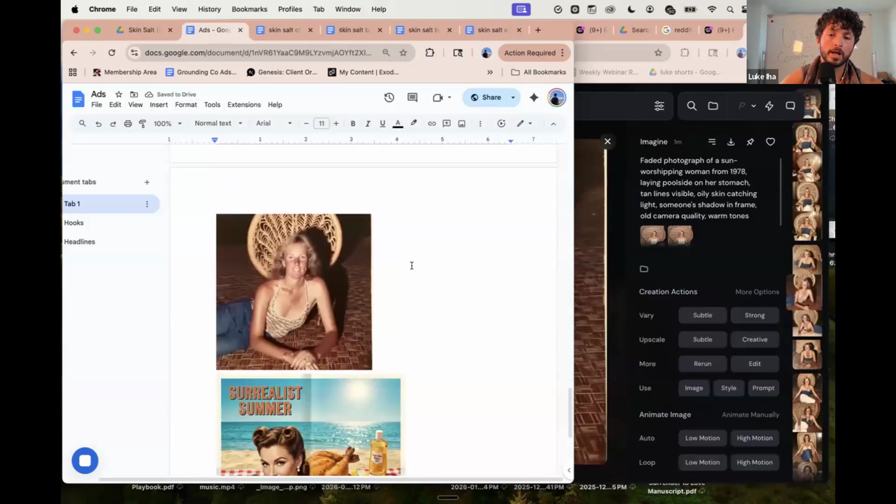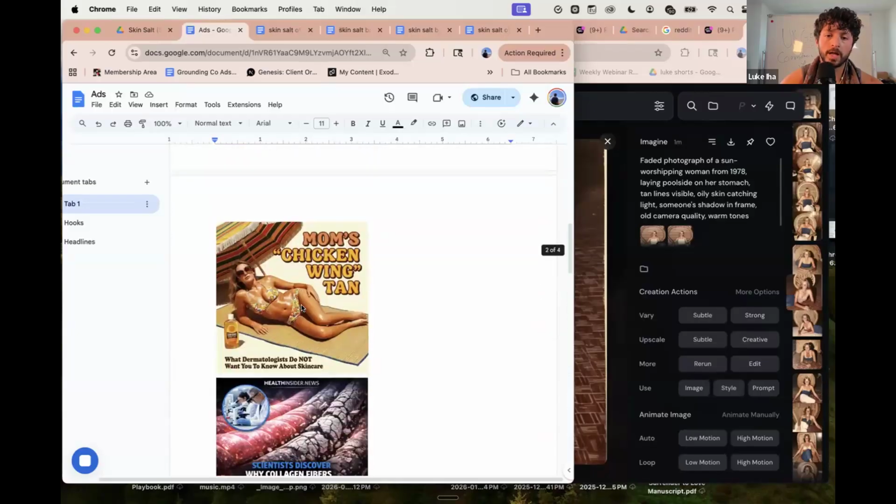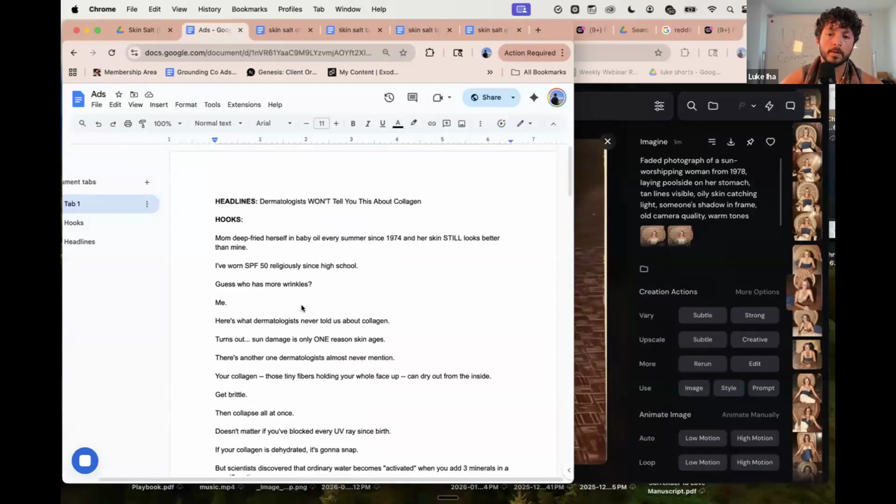Cool. And typically, you're gonna want a couple varieties. One that looks ultra realistic. Maybe you try a breaking news one. Kind of play around with it, and then you double down on the ones that end up working.